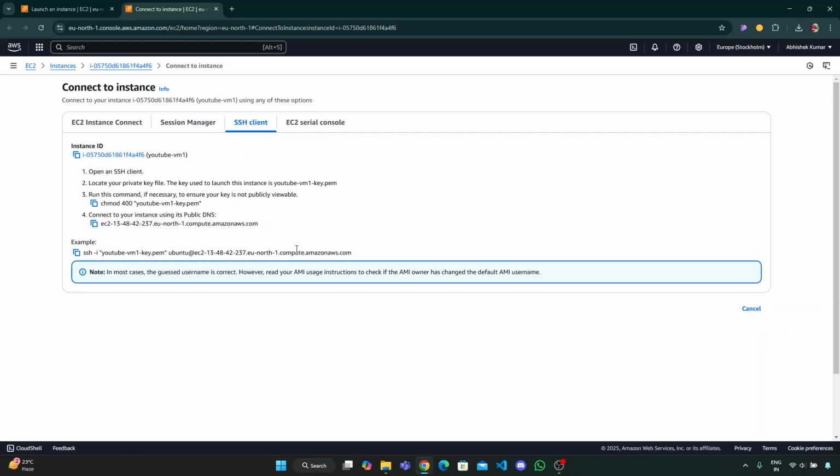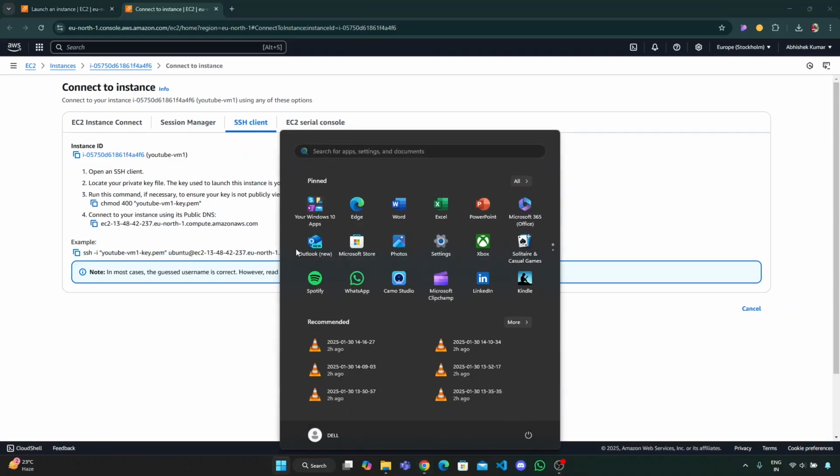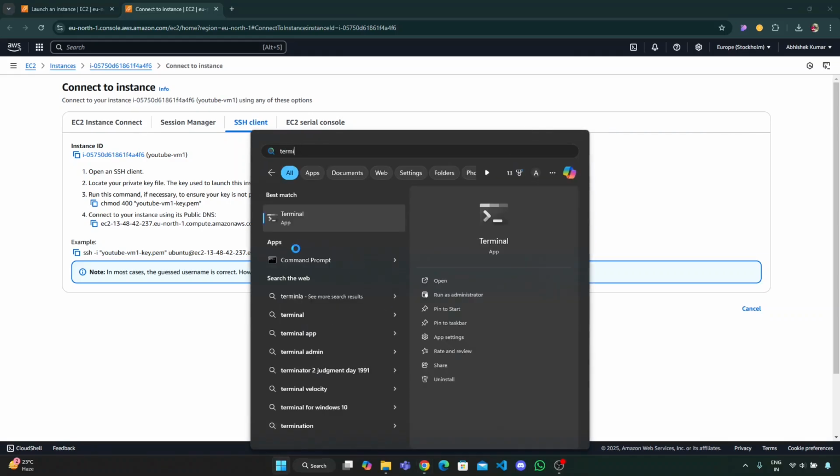Note, if you are a Linux user or a Mac OS user, then they have a default SSH client supported on their terminal. But in the case of Windows, it is quite different. In the earlier versions of Windows, an SSH client was not supported, but with the release of Windows 10 and Windows 11, its terminal and PowerShell support SSH. So you have to open the terminal,